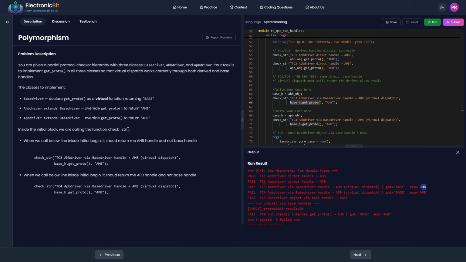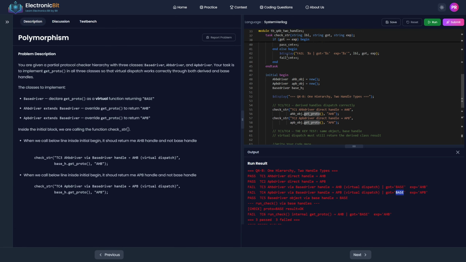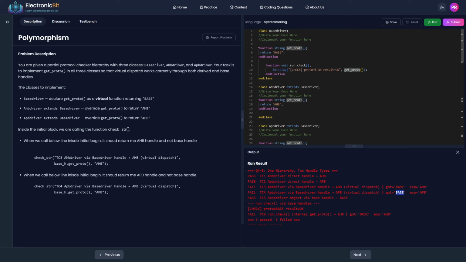You're expecting AHB, but you're getting base. Similarly, at the TC4 test case, you're expecting APB, but you're getting base. See, the reason the test case is failing is because you're expecting APB and you're getting base, right? So that's why you need to compulsorily declare the keyword virtual here